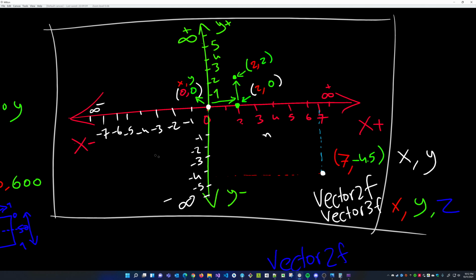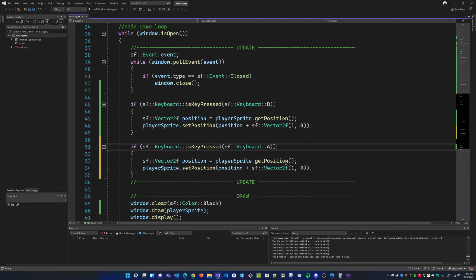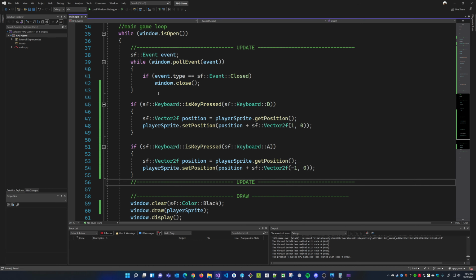If I want to move to the left, I need to go negative on the x-axis. So instead of 1, I'm going to do -1. Either I do -1 here, or I keep it at 1 and put a minus in front. Either works, because I'm still subtracting 1, or adding a -1, which is still subtracting. So both of them work. Let's try this now.